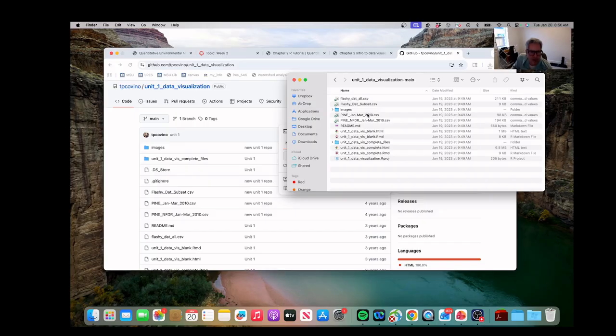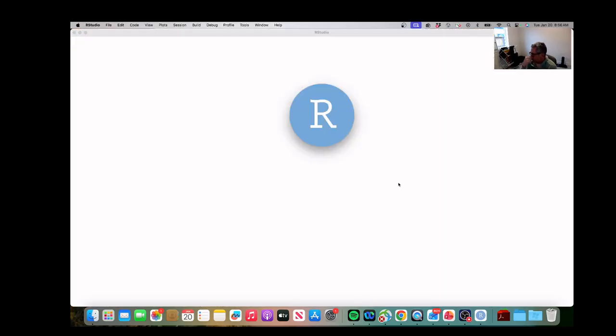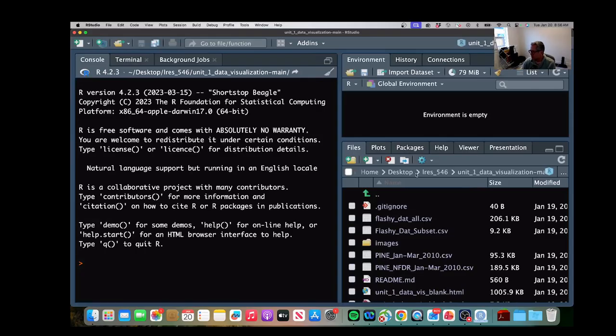All right, so we have that where we want it, and then we're going to go to this thing that ends in R project. So we're going to open up a project, and the little symbol for the R project is this little glass box. So we're going to open that from right there. By opening the project, it's going to put us into that folder. So it tells us right here,